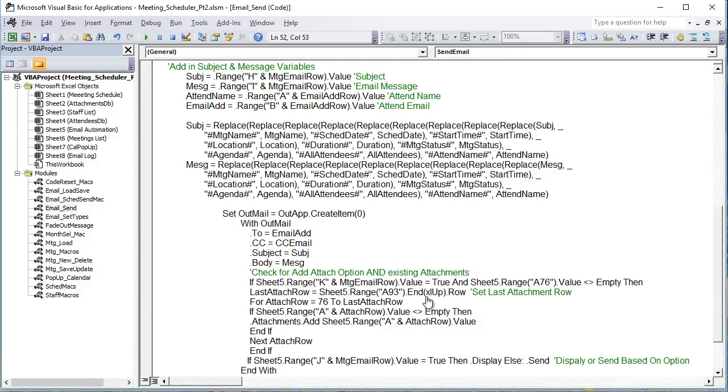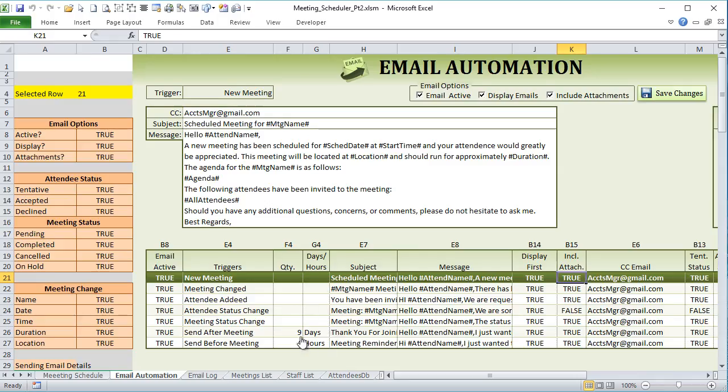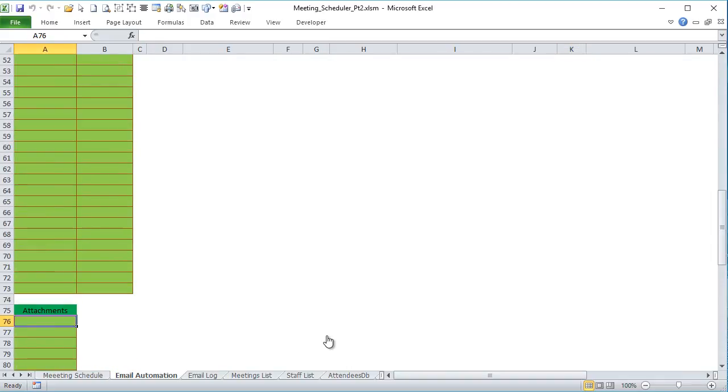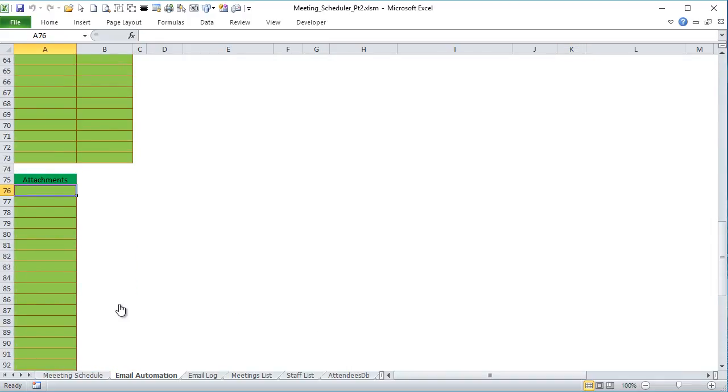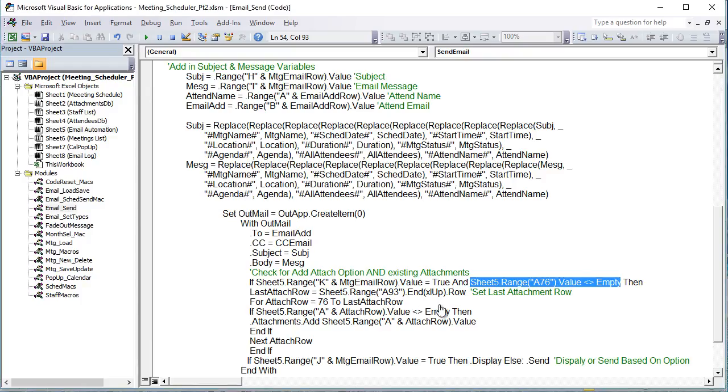If K and the value equals true, and Sheet 5 A76 does not equal empty. What is A76? A76 is the first row of our attachments. That would be the first place any attachments go, right here, A76. So if this is blank, that means we have no attachments, so we just want to send it. If it's not blank, then we need to run a loop from the first to the last and add all of those attachments. So if both of those conditions are true, K and the meeting row is true, and Sheet 5 A76 does not equal empty, then we have to get the last attachment row,